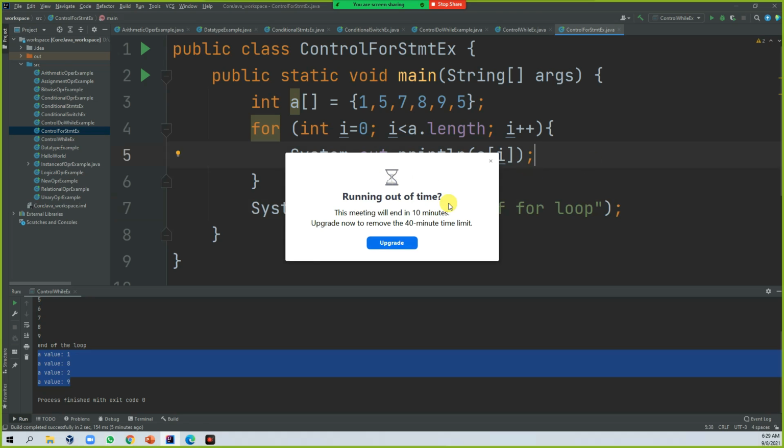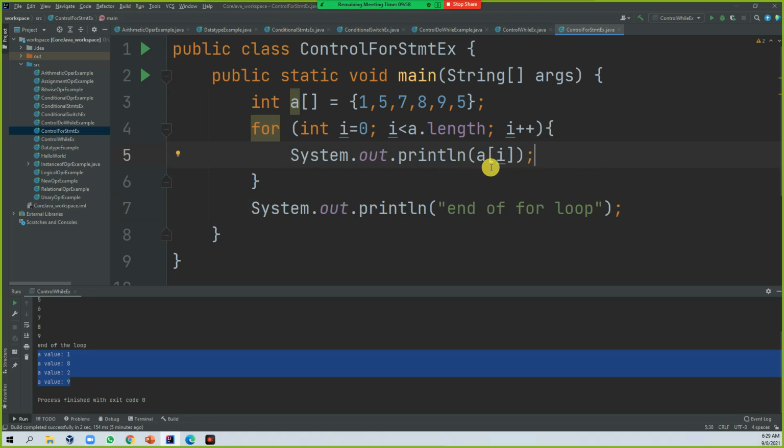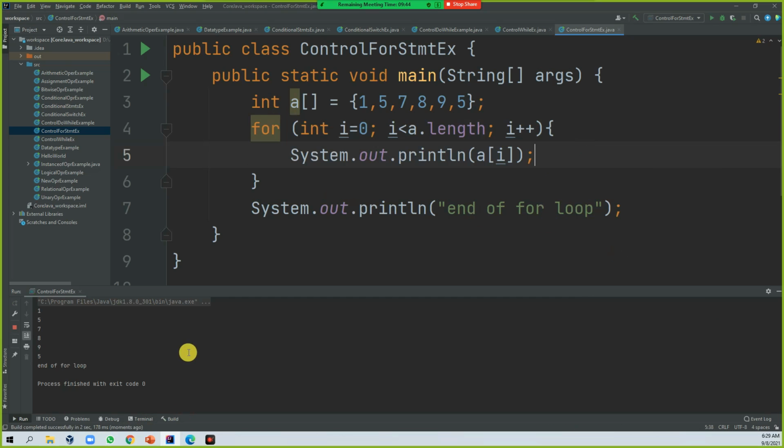But one thing here, I'm not going to write any increment operator. I just write what information I want to be displayed, but automatically for has that increment. If you run this one, you can see the same kind of result, 157895, the same thing you retrieved.